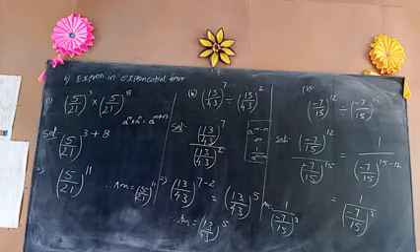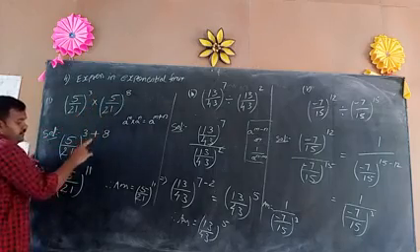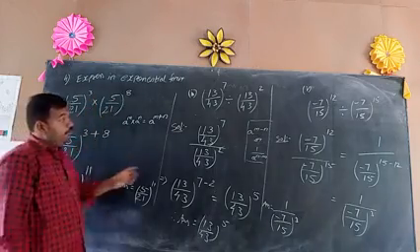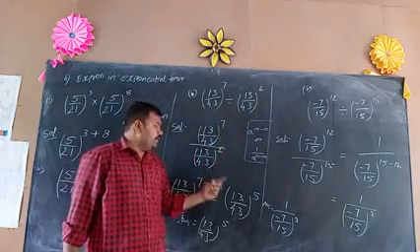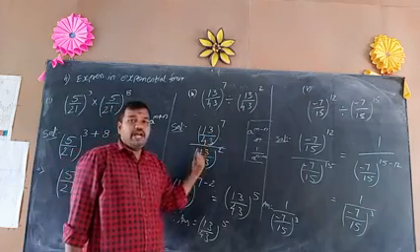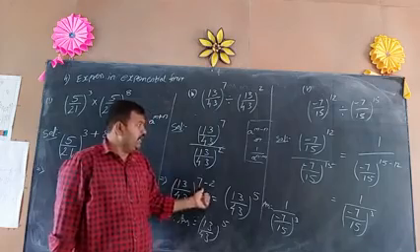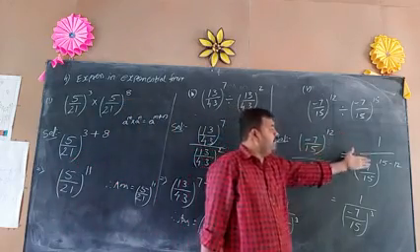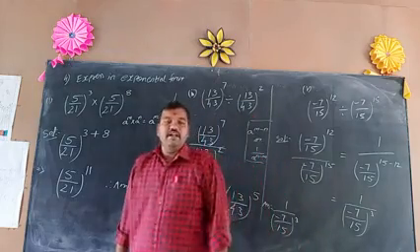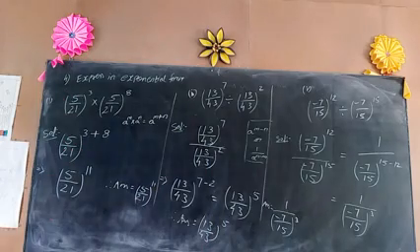Here, see. Bases are same, under multiplication powers we have to add. So the addition of powers is 11. Bases are same, under division powers we have to subtract. That subtraction is of two types. You have to check where the highest power is, whether in the numerator or in the denominator. If it is in the numerator, subtract in the numerator. If it is in the denominator, we have to subtract in the denominator. Like this we have to do this sum. So the answer for this sum is like this. So copy these answers in your CW.